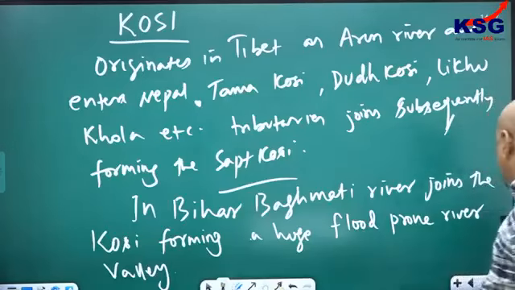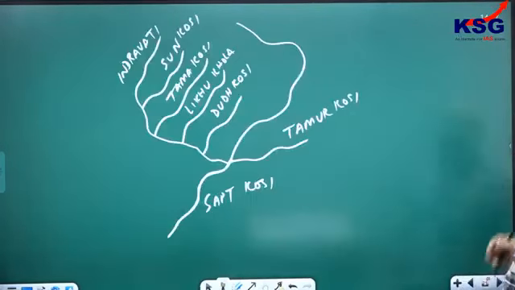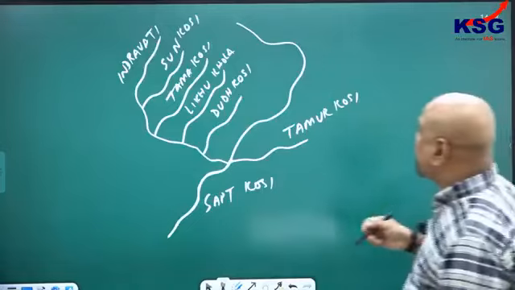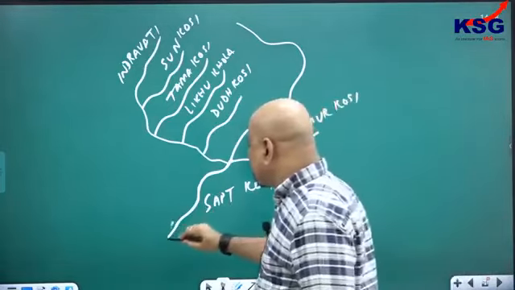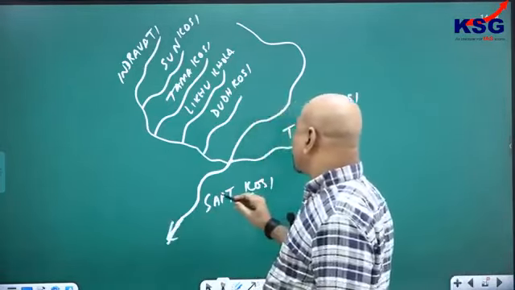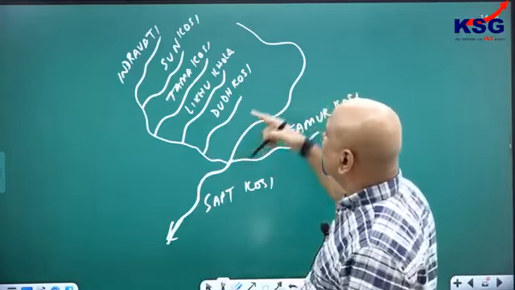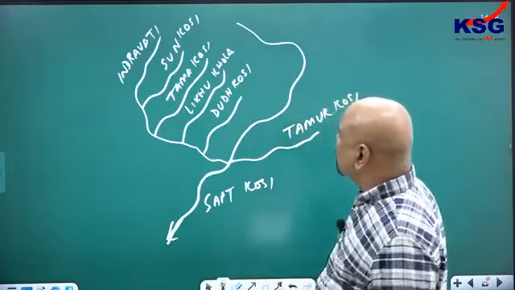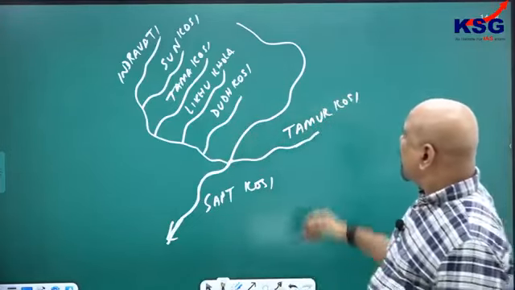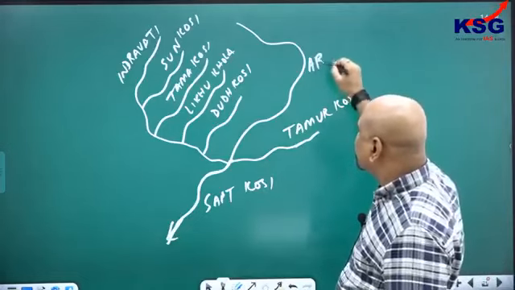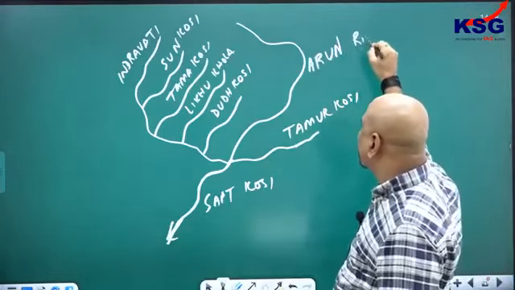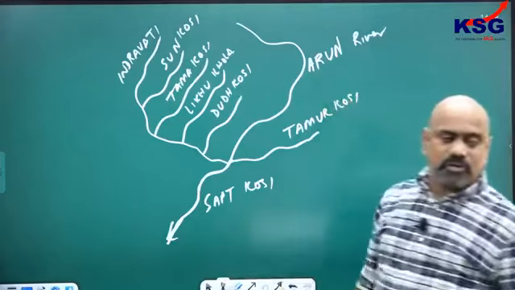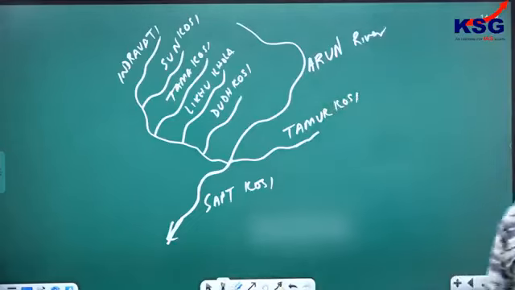बागमती नीचे चलते हैं. आप देखिए यहाँ पे इसकी डिटेल. सॉरी, देखो ये तामुर कोशी है. This is the Koshi. सप्तकोशिका मैंने ये कहा. Sankoshi, Tamakoshi, Likhu Khola, Dudh Koshi, and this is the Arun river. Arun river coming from the north. ऊपर से आ रही है अरुण रिवर. Major river is Arun river. And finally it is forming